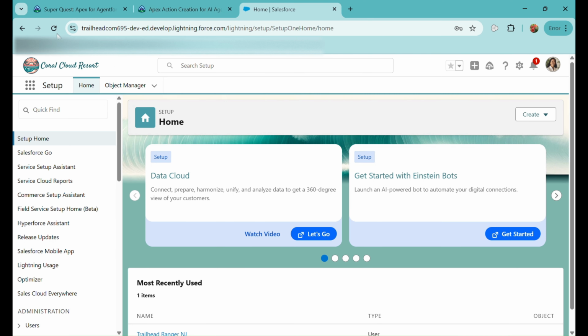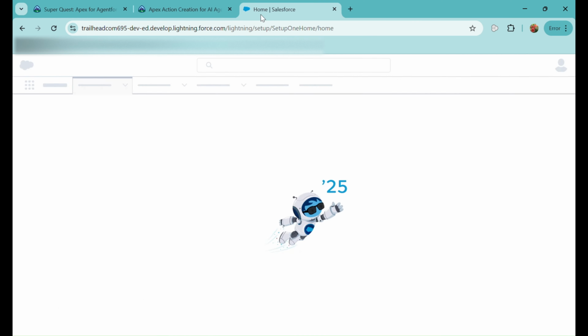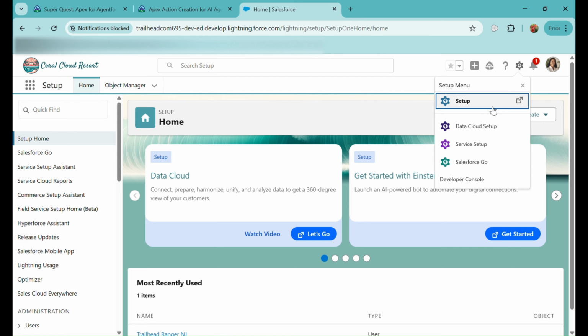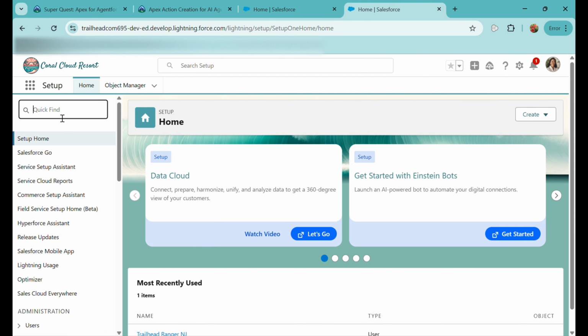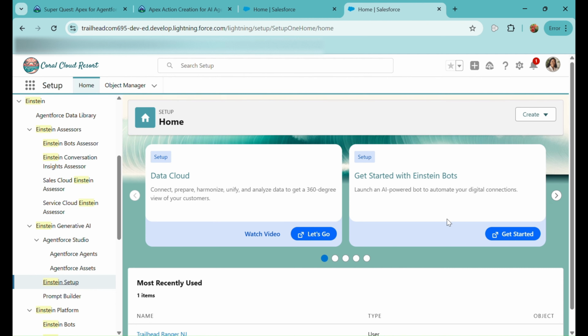I can just refresh it and it's linked already, and I'll go to Setup, and then I need to enable Einstein setup there. I'll search for Einstein. Einstein Setup is here.